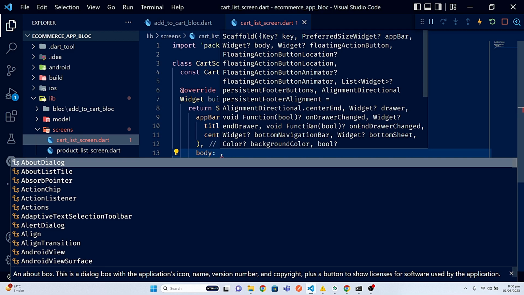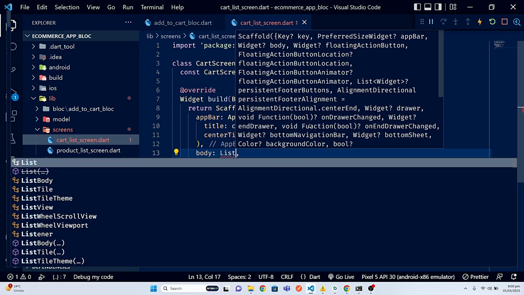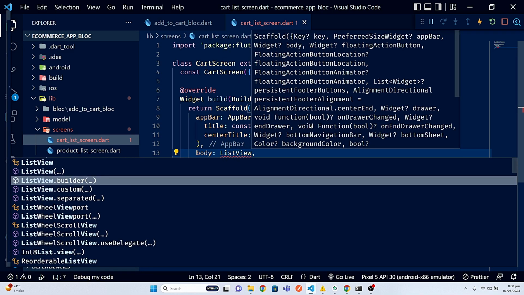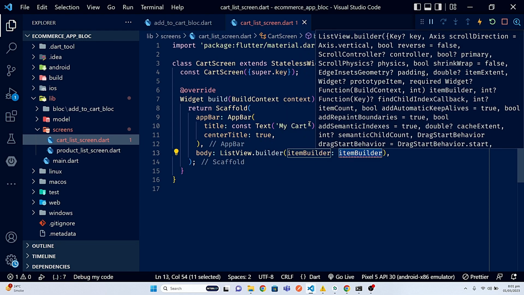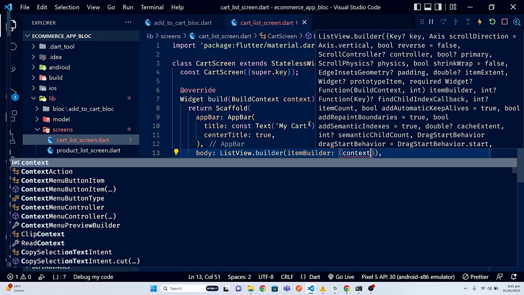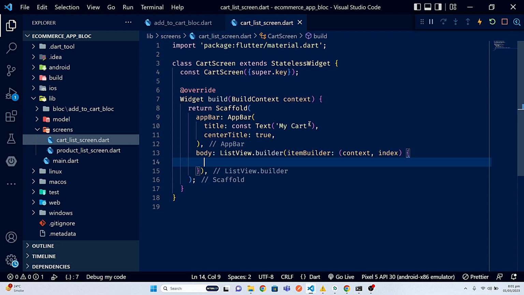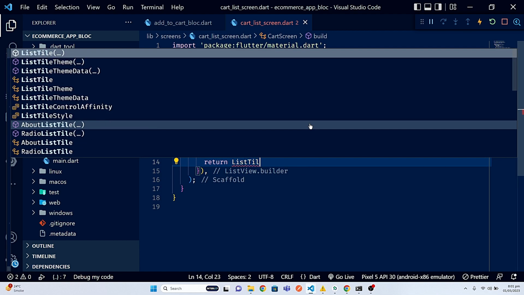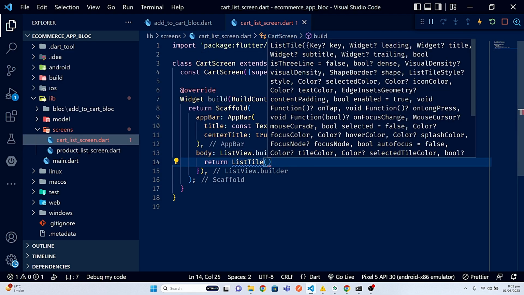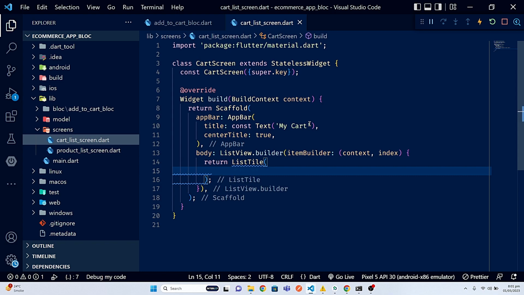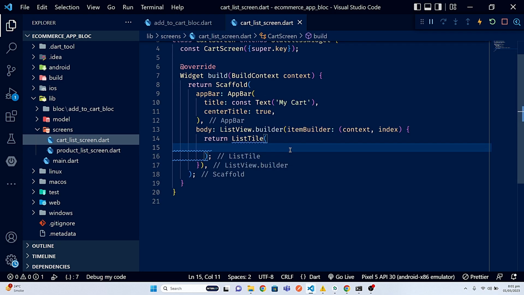So right inside the body, I'm going to create a ListView.builder to show the listing of the products in the cart. And you know that the itemBuilder contains the context and the index, and that's all we need. So I need to return the ListTile, which includes the title, subtitle, and the trailing. So I'm going to use ListTile. It's very similar, almost identical to what we have in the product listing screen. You can either copy that over or